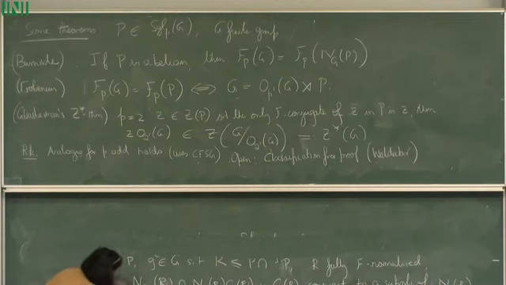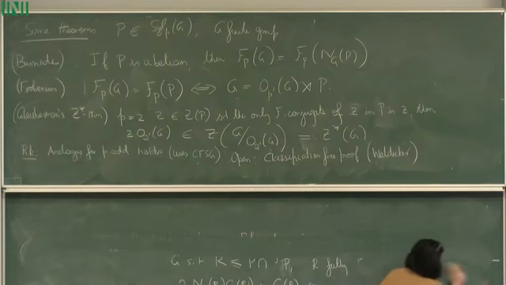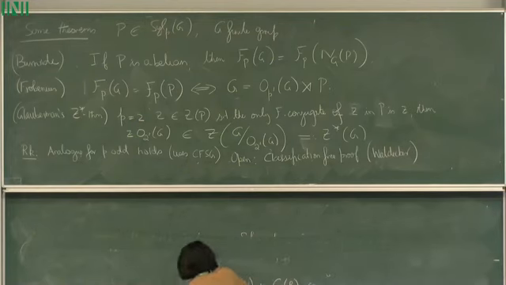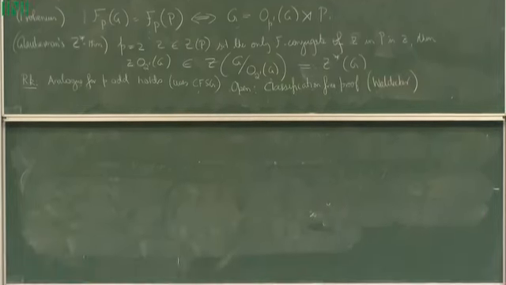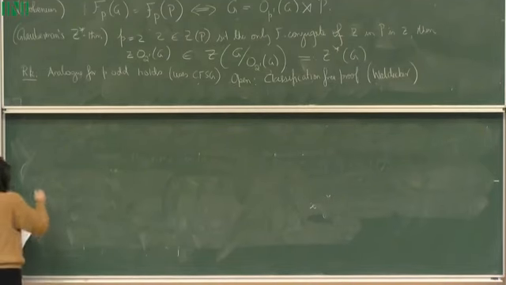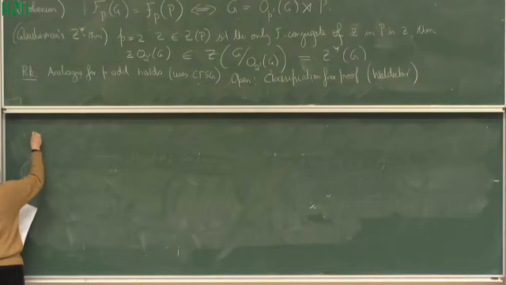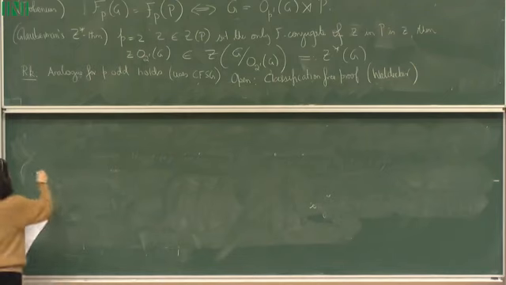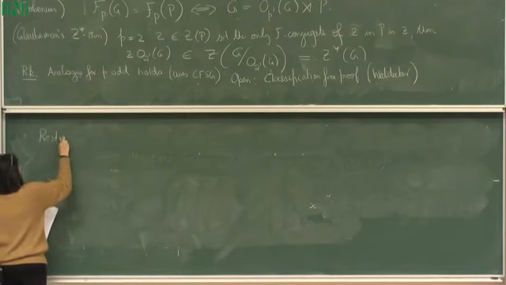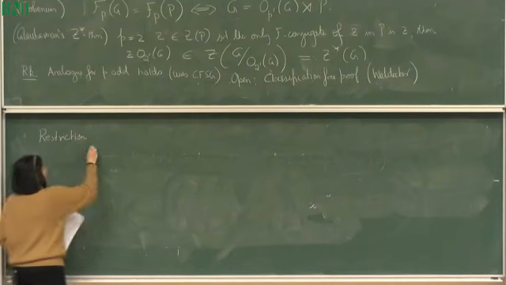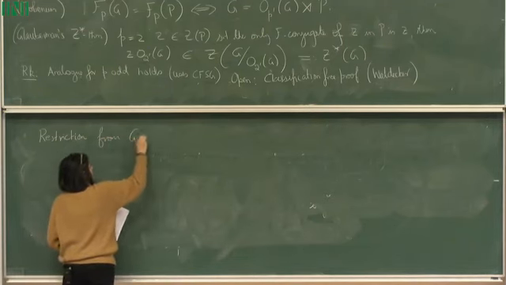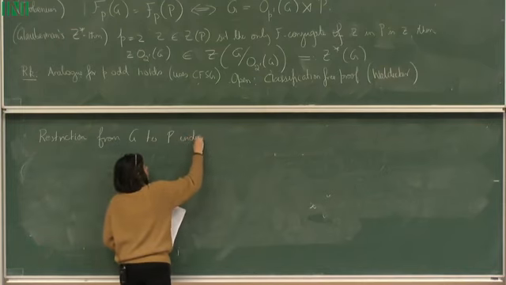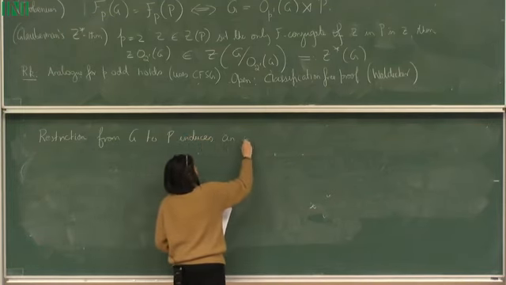So there are several results like that from finite group theory, but now I want to give a slightly different connection of fusion and structure, and that's for cohomology. So P is a Sylow p-subgroup of G. Then it's a standard fact that restriction from G to P induces an injective group homomorphism,